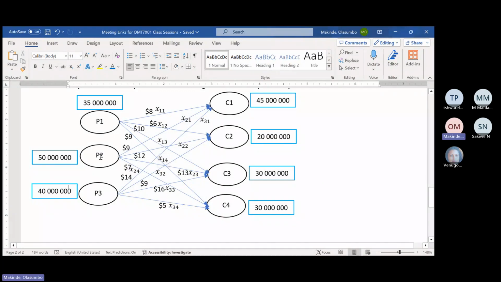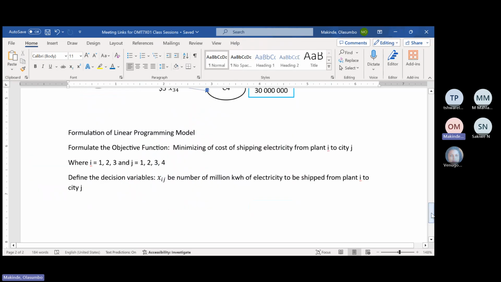You continue adding. Plus 9 times x21 plus 12 times x22 plus 13 times x23 plus 7 times x24, which is 7x24. So we are done with P2. You continue adding again until you get to the last one, plus 14 times x31 plus 9 times x32 plus 16 times x33 plus 5 times x34. So that is the mathematical expression of the cost, which you're supposed to write down here to say, my objective function is